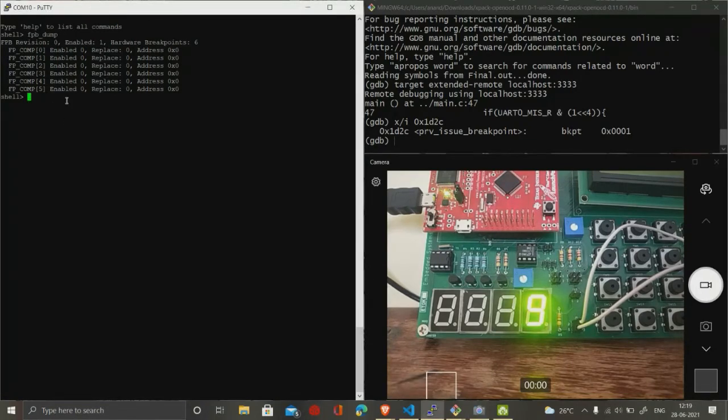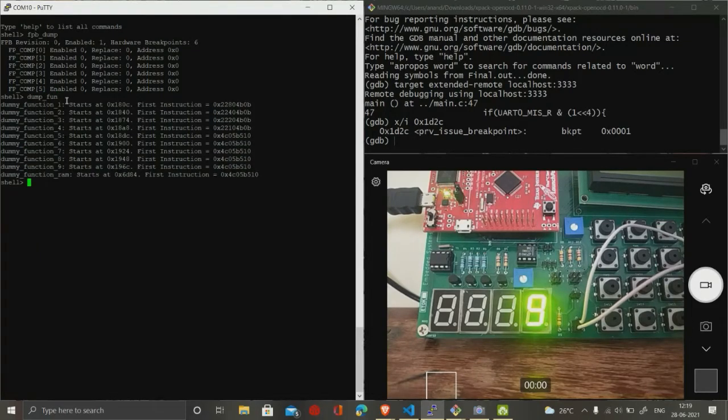Now, to set the breakpoint, we should know the address of these functions. To know the address of these functions, I will just use this command, dump func.